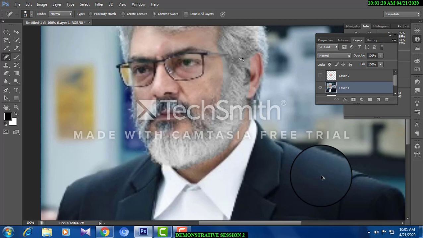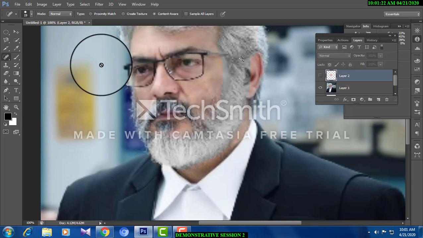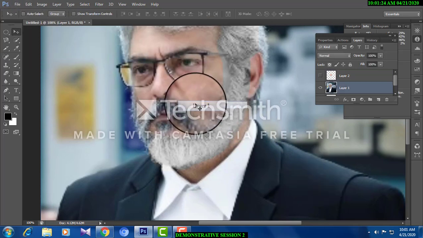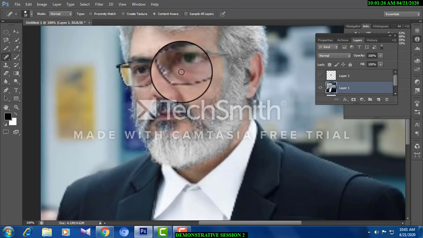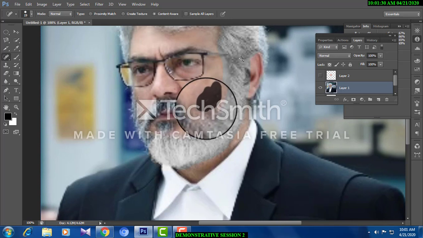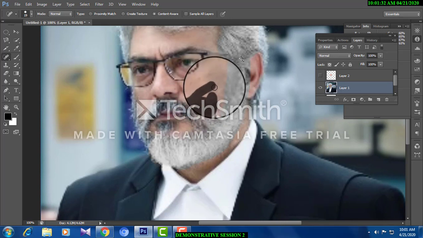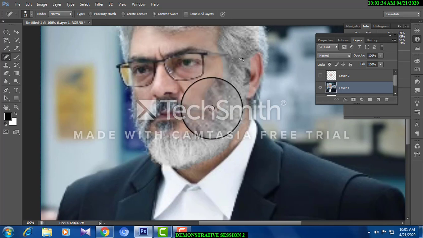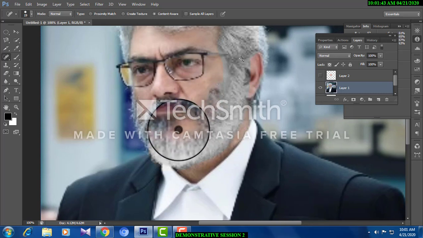For example, look here. You choose a particular portion and use the spot healing brush. Okay. See, automatically this thing increases, no? The beard increases. For example, this portion.